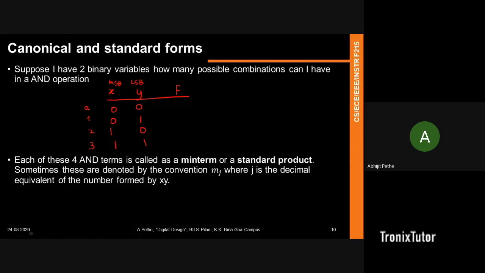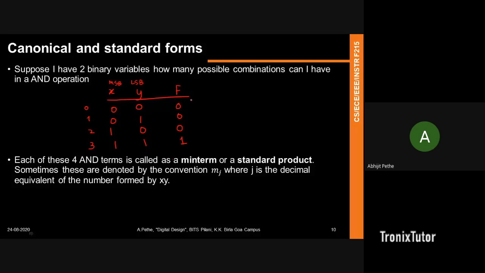So if I call this a word, then I can call this 0, 1, 2, 3. So I have four combinations of input, right? And if I look at the AND gate, the AND gate here is going to give me an input of, so this is my implementation of an AND gate, right? Now,